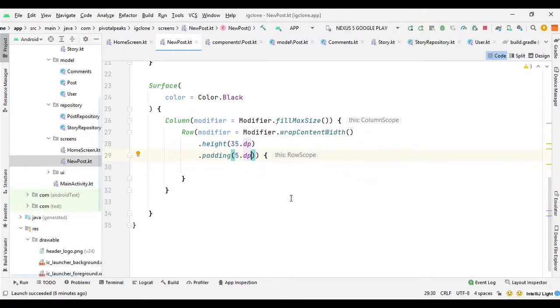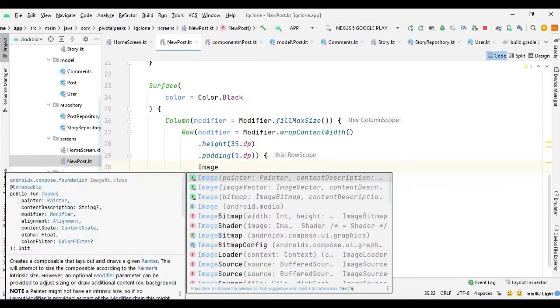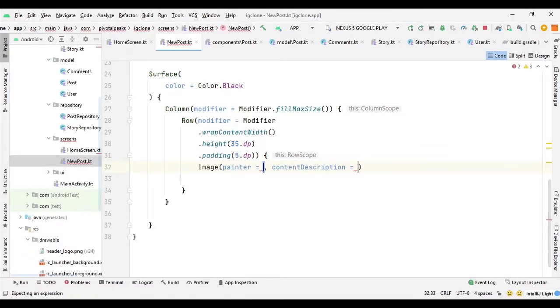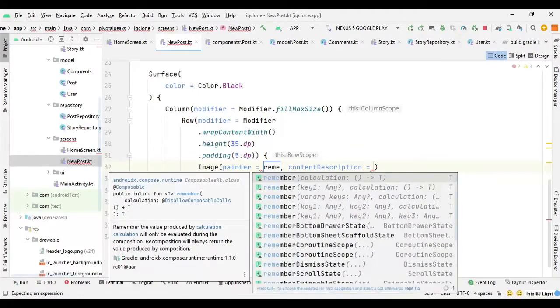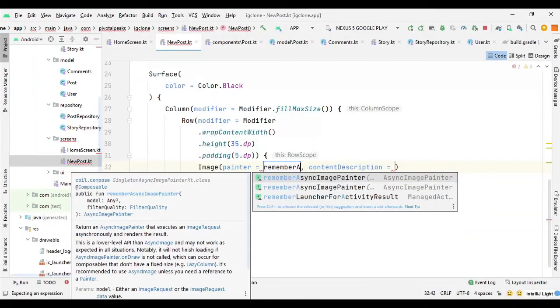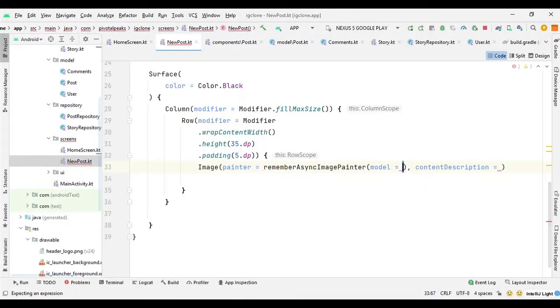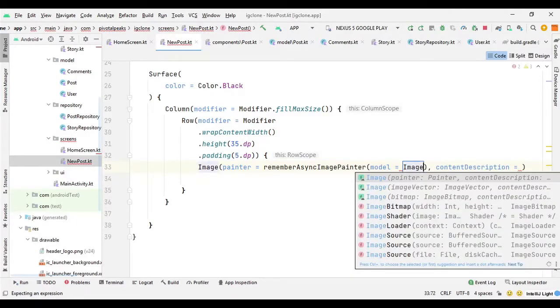So the first item is going to be the back button arrow image. So let's use the Image function. Here we will say Image, and we will use the rememberAsyncImagePainter. So let's say rememberAsyncImagePainter. For model we require the context, provide the image request for it.